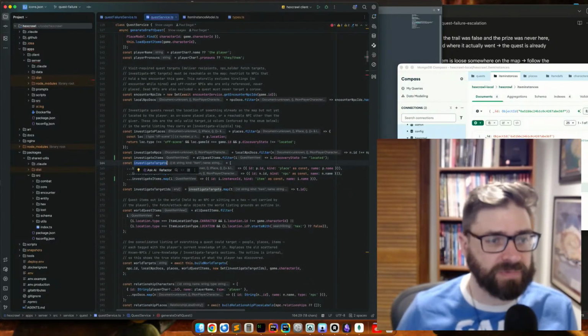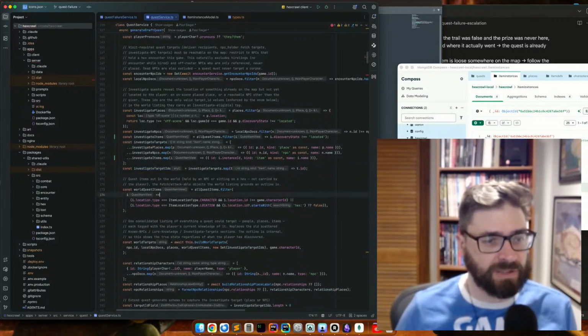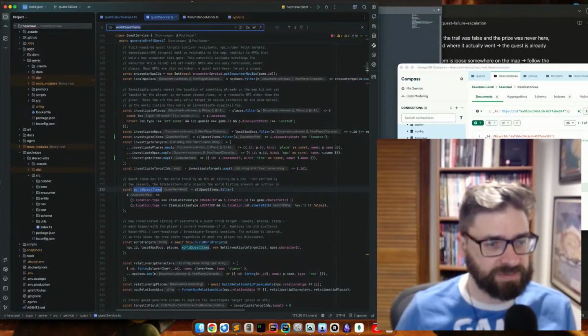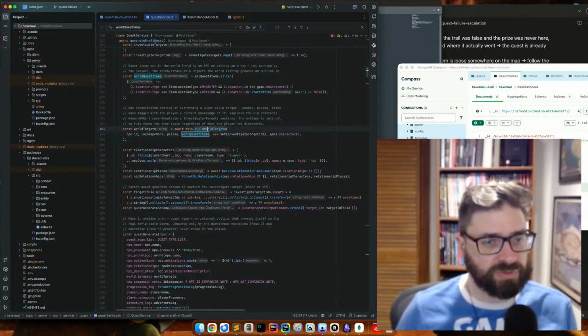Cool. Okay. All right, I've got it in the investigate target, and then it will get into the investigate target IDs. World quest item. Quest items out in the world held by NPCs are sitting on a hex not carried by the player. Now, I think world quest items, I think we do see that showing up in our prompt. Right, because it's building world targets.